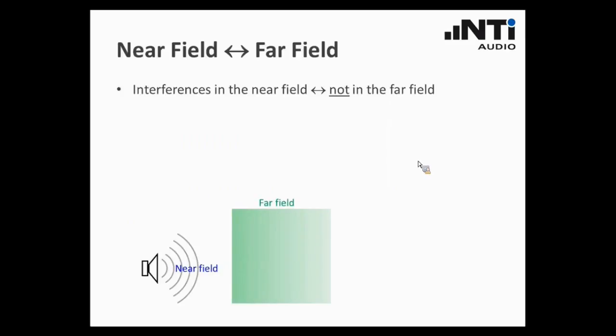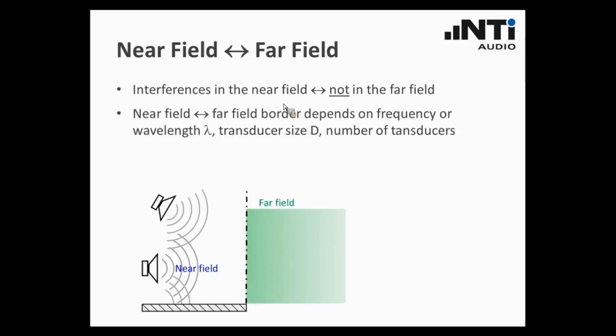This is just another terminology how we could call this difference. It's the presence of interferences that makes a difference between the near field and the far field. Well, if we look at the border, which is of course not a sharp line, it's more a kind of a transition area,